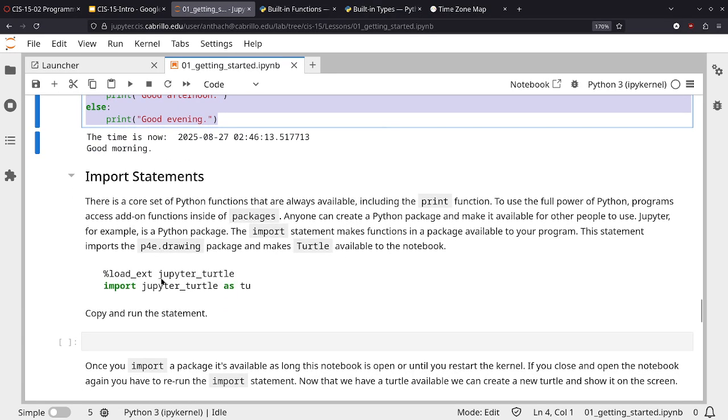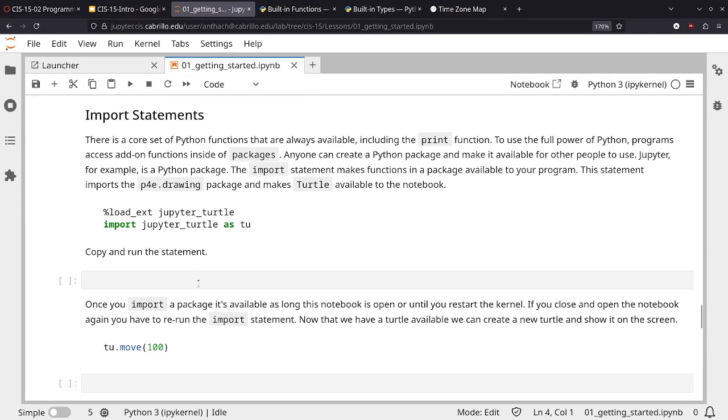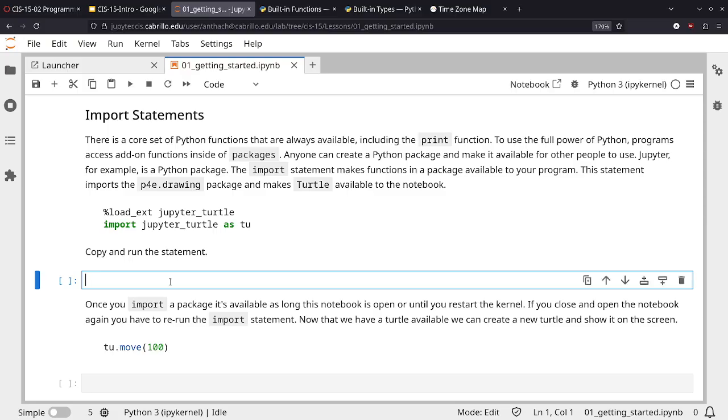Okay, let's talk about something called an import statement. These are for including libraries. Libraries are code that's written elsewhere. There is a library called Jupyter Turtle, which is going to help us visualize algorithms. Okay, so I'm gonna go ahead and import a library. So import Jupyter Turtle